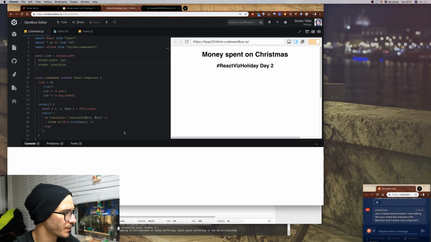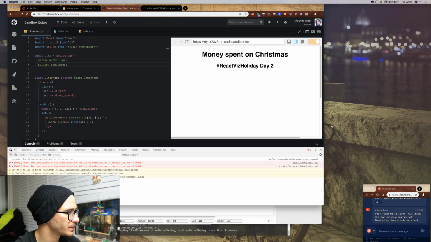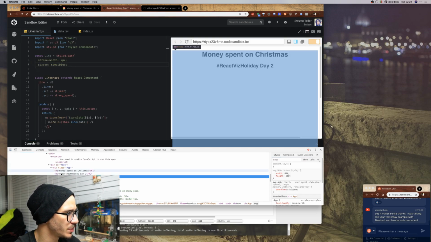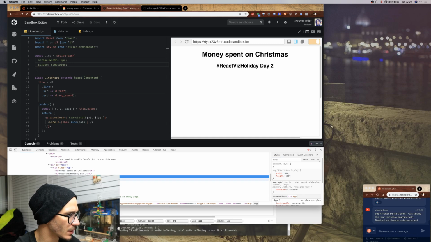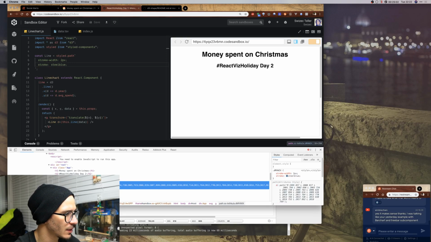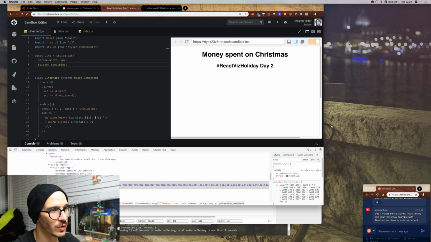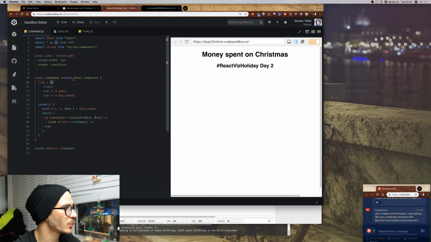Well, does it work? It does not. Why does it not work? So the SVG is being generated. There's a transform element, and there is in fact a path. But why is this path invisible? I think it's because it's jumping way over the place. So next thing we're gonna do